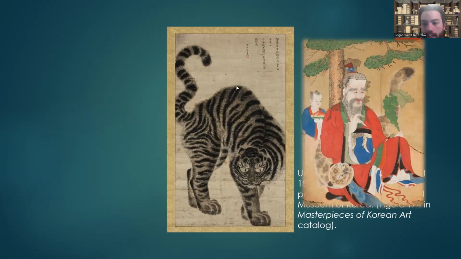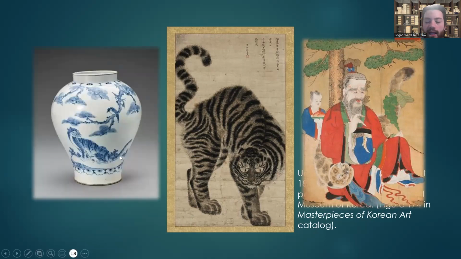Because, well, they lived in the mountains. It makes sense, right? And then, as Cameron points out, minhwa. Minhwa refers to folk painting or folk art. We're not going to get into the intricacies of that, but yes, and we can see that even on